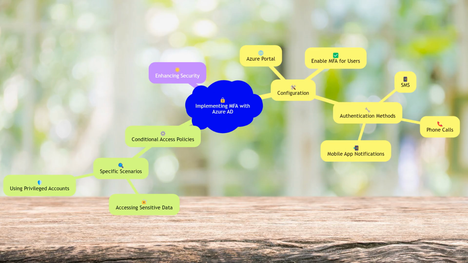To implement MFA with Azure AD, administrators need to configure MFA settings in the Azure portal. This includes enabling MFA for users, configuring authentication methods, and setting up conditional access policies. Azure AD provides a range of options for MFA, including SMS, phone calls, and mobile app notifications. Administrators can also enforce MFA for specific scenarios, such as accessing sensitive data or using privileged accounts, to enhance security